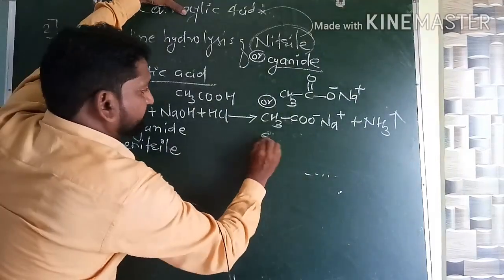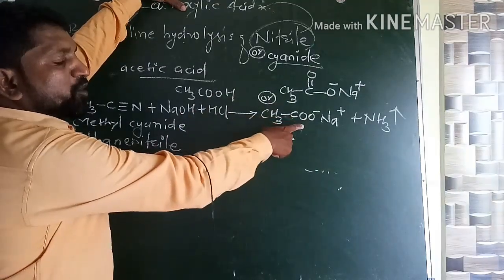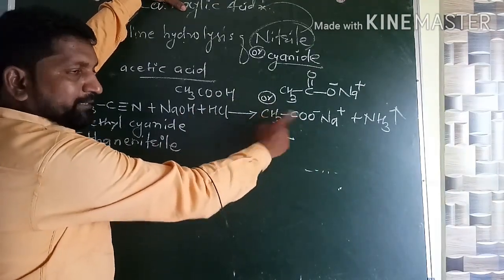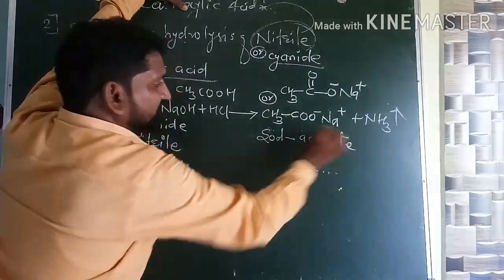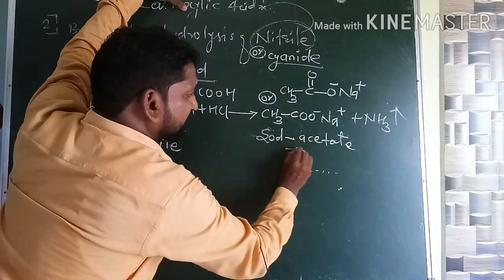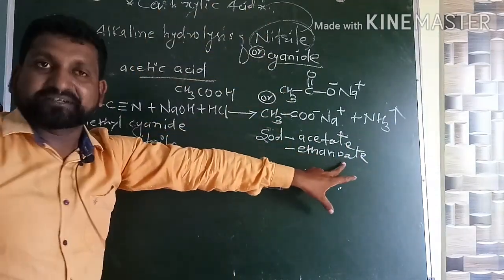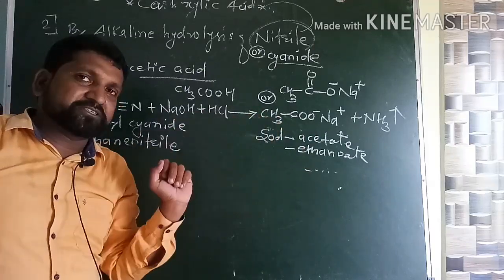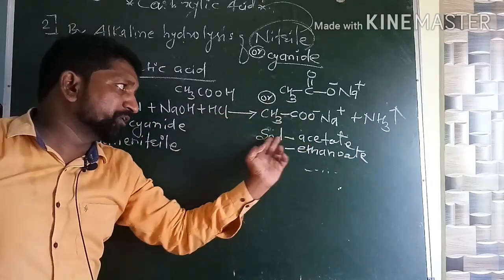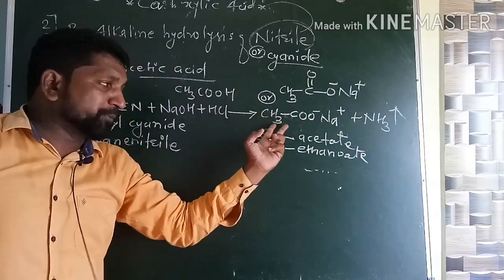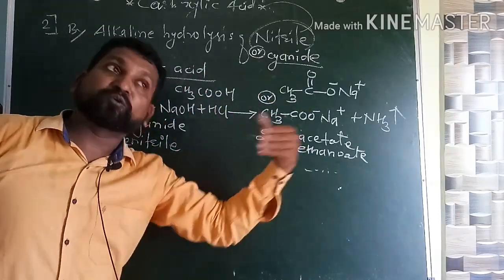Okay, what is this? Sodium salt of which carboxylic acid? Acetic acid. Two carbons are there, right? Therefore sodium acetate or sodium ethanoate. In esters you have to write such words. Suppose there is a one carbon system, sodium formate, sodium methanoate; two carbon system, sodium acetate, sodium ethanoate. Suppose there are three carbon atoms, then sodium propionate, sodium propanoate, like that.